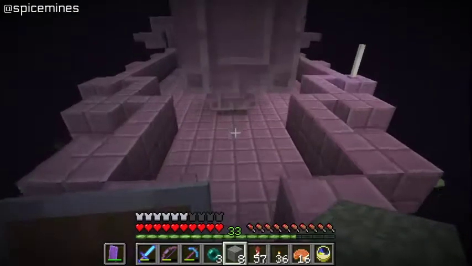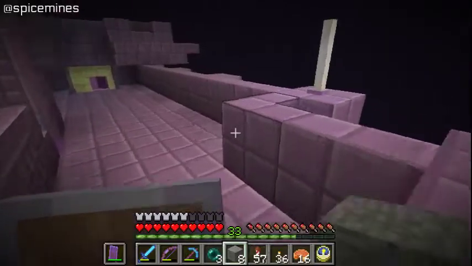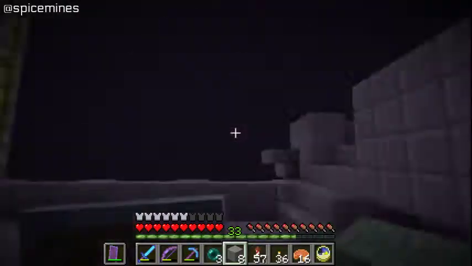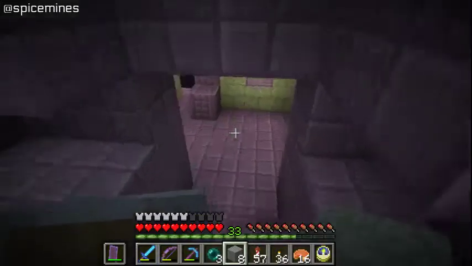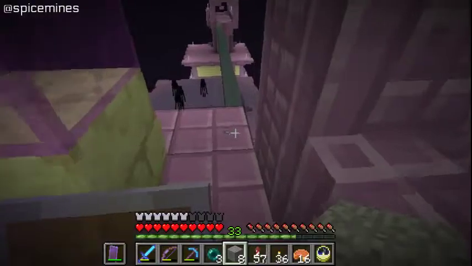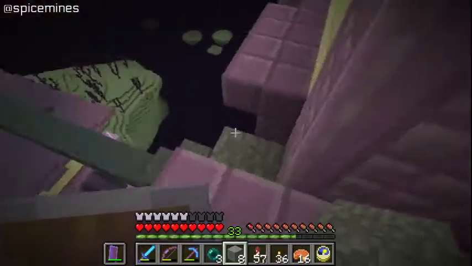I can use end rods. I can use some of this purple block stuff. Who knows? Okay. This ship is explored, and there's usually nothing up there. And if there is, I'm okay with it. I don't want to go up there. All right, so